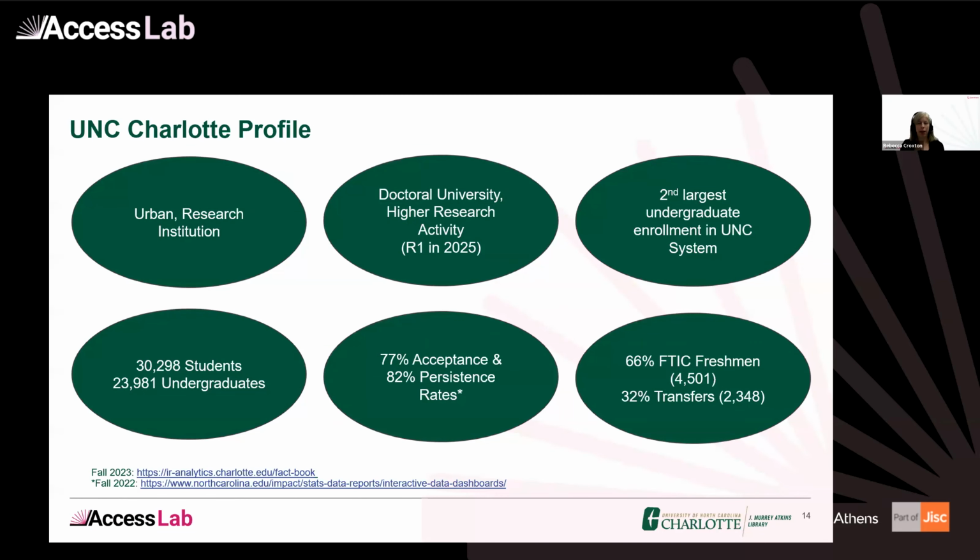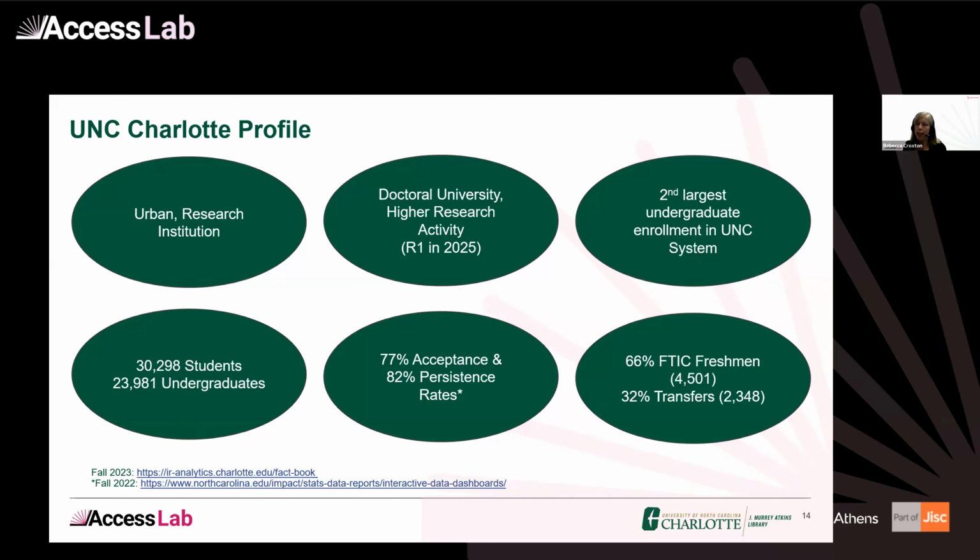Thank you so much, Richard. And it really has been a remarkable experience serving as a pilot tester for the new reporting API. So as Richard said, I am here from the University of North Carolina at Charlotte in the United States. And I'd like to give you just a little bit of information about our university so you know how your setting might compare to ours. We're an urban research university in the Carnegie classification doctoral university with higher research activity. So we're currently at R2, plans to be R1 in 2025.